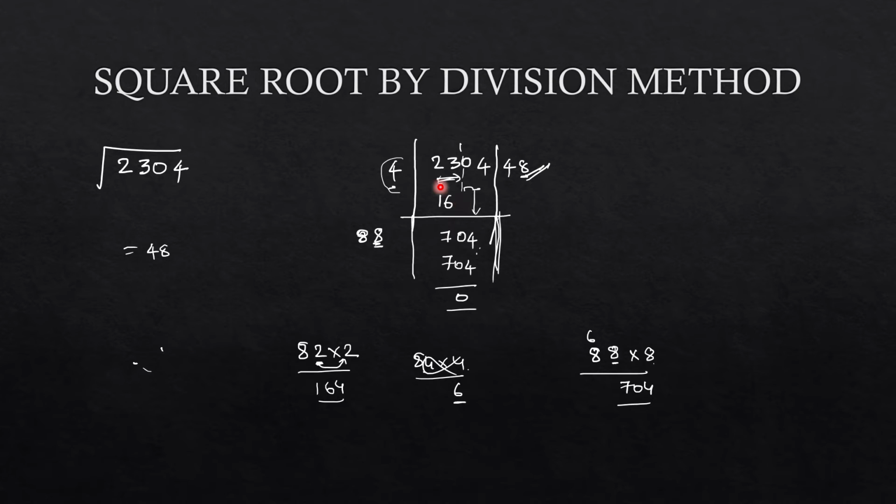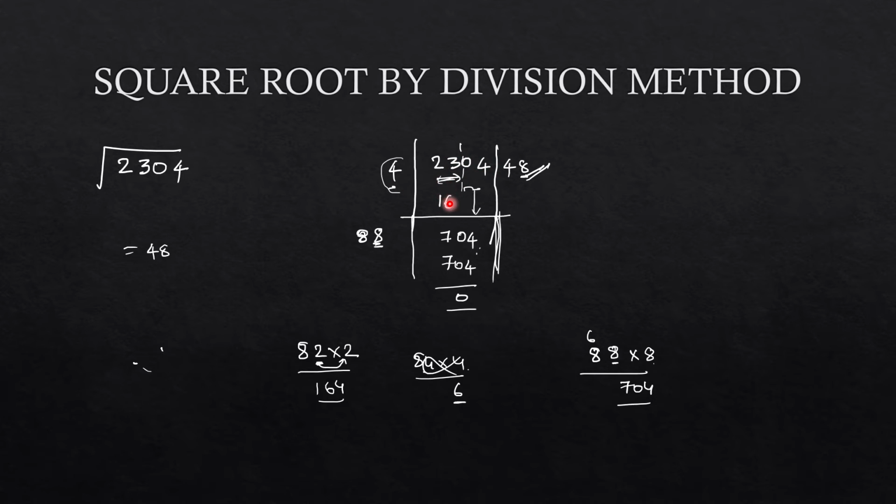See here, first the number is 2304. Here we are finding the square root. I told you many times, whenever we are finding square root, we should separate two digits from right. Then the remaining part on the left is 23. For that number, you should find the nearest square number. The nearest square to 23 is 16. 4 4s are 16, and 5 square will become 25, which is exceeding. We should only consider the nearest one, and it should be less than the given number.